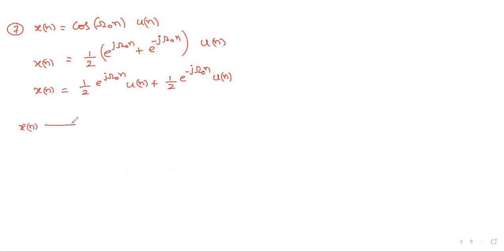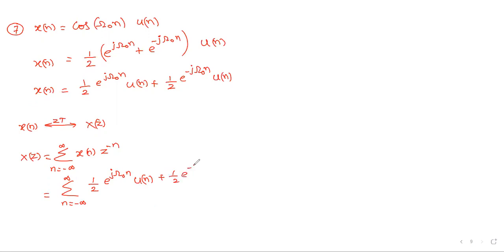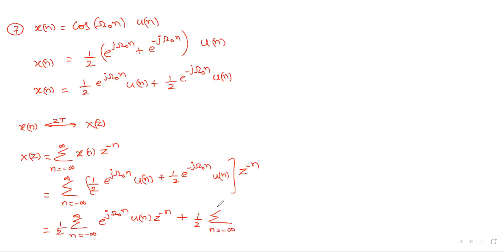So now the z transform of x of n is x of z. What is this x of z? X of z is equal to summation n equal to minus infinity to infinity x of n z power minus n. What is this x of n? 1 by 2 e power j omega naught n u of n plus 1 by 2 e power minus j omega naught n u of n, whole into z power minus n. Now I'll split the terms here. Summation n equal to minus infinity to infinity, 1 by 2 I will take outside, e power j omega naught n u of n z power minus n, plus 1 by 2 summation n equal to minus infinity to infinity e power minus j omega naught n u of n z